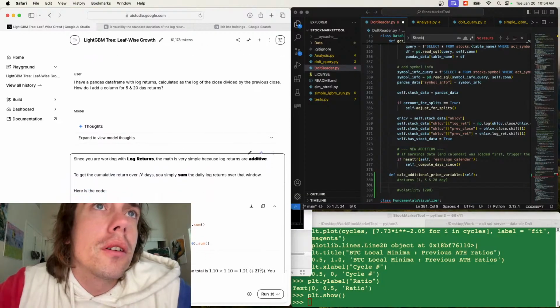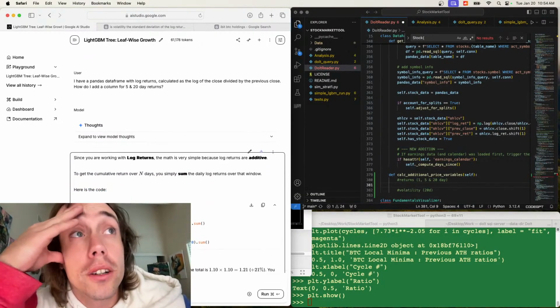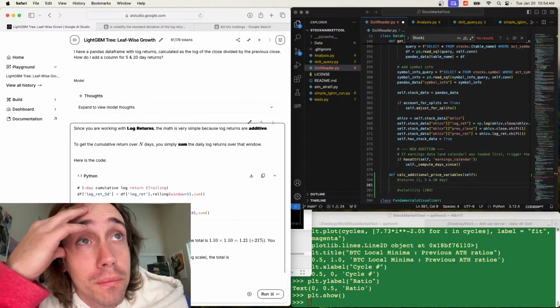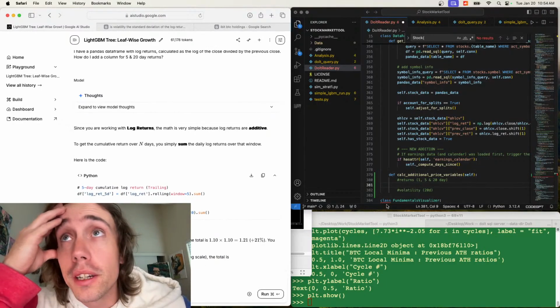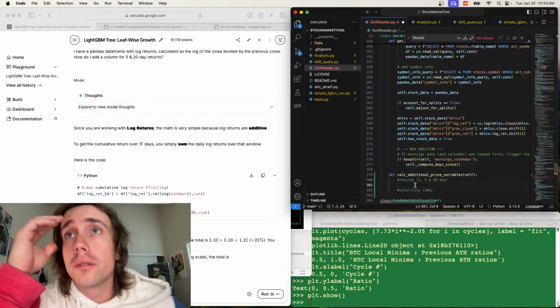Since you're working with log returns, math is very simple. Yeah, I know it's additive. Great. So now we could say